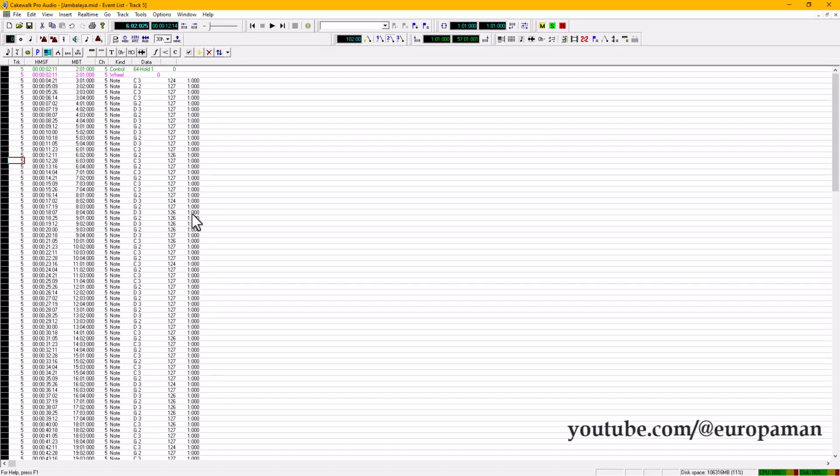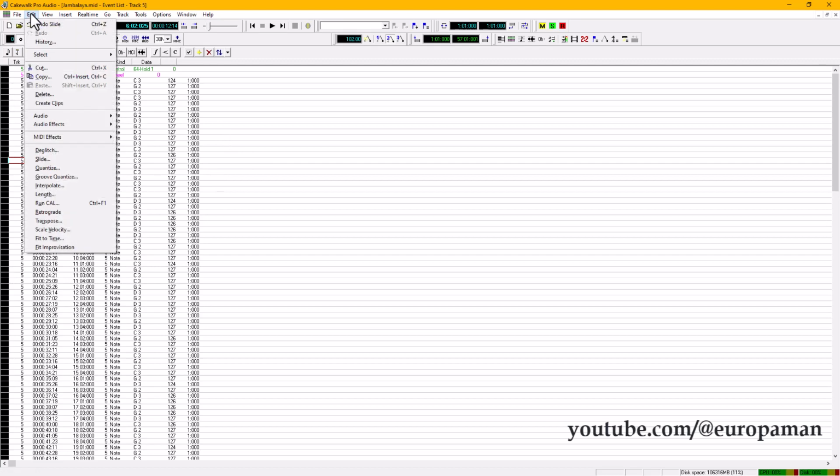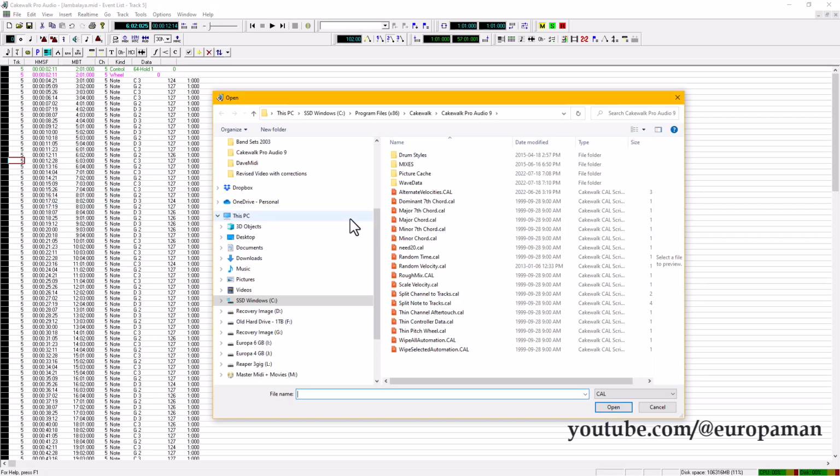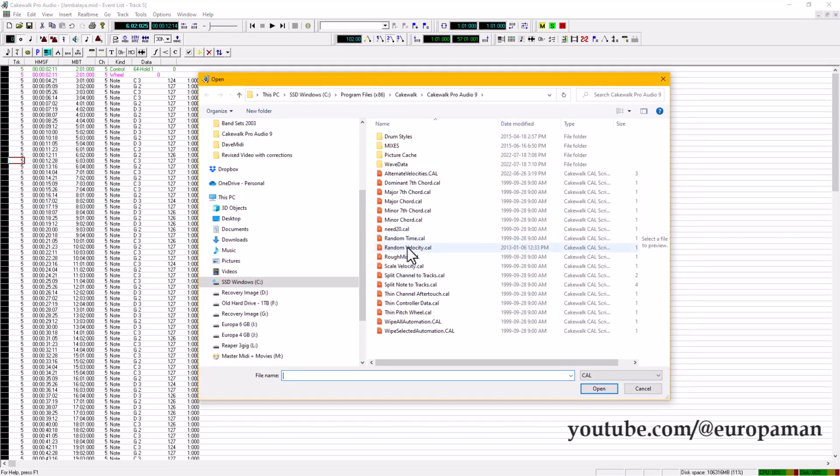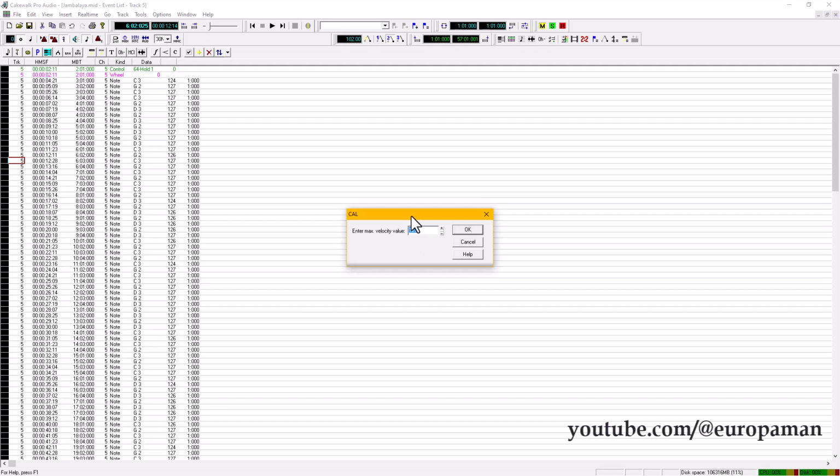Everything's in black over here. So what I'm going to do is go up to Edit, Run Cal, and I have a little program here called Random Velocity. And if anybody would like this file, you can simply send me a private message or an email and I'll send you this cal. So you just highlight the Random Velocity cal program, open it up,